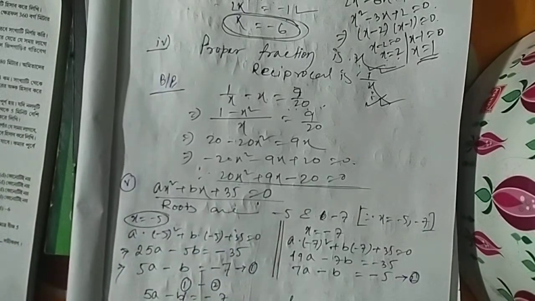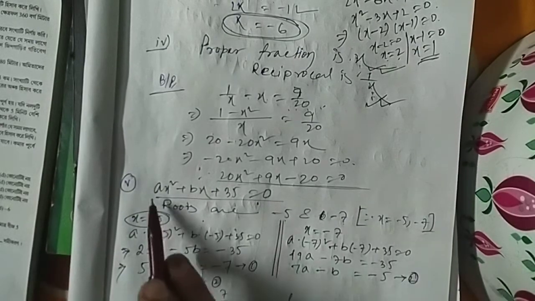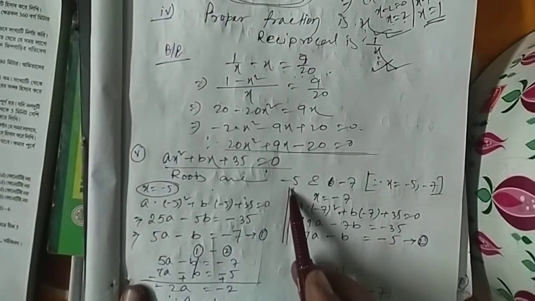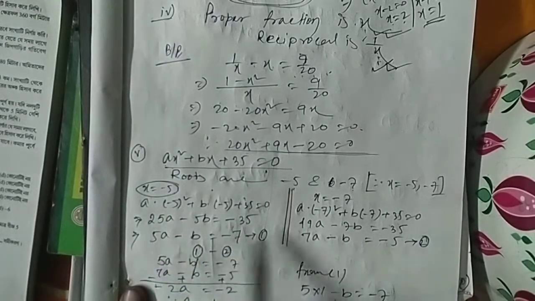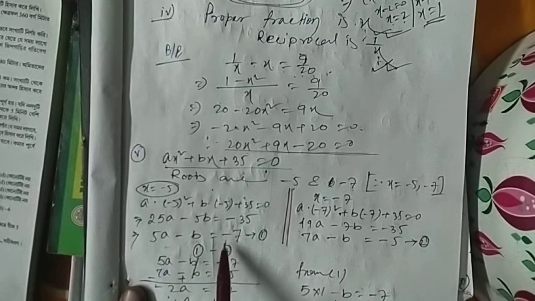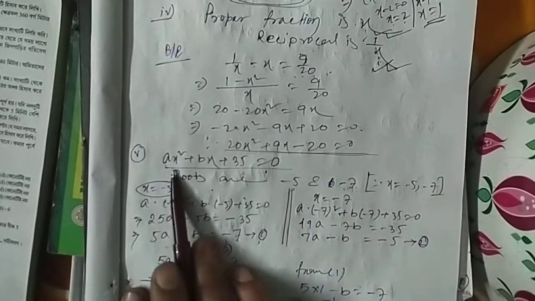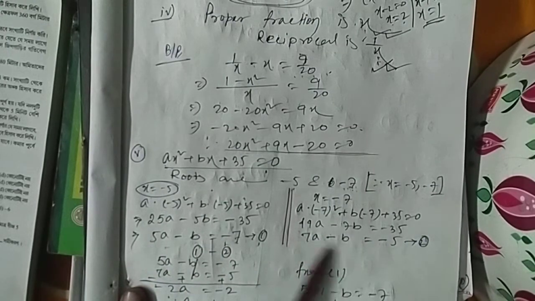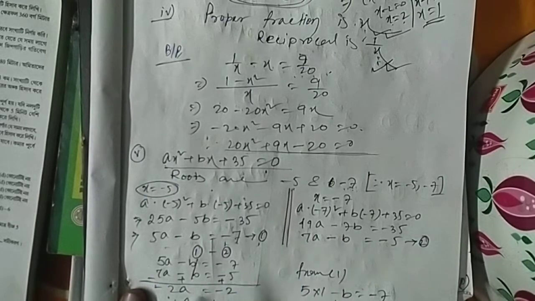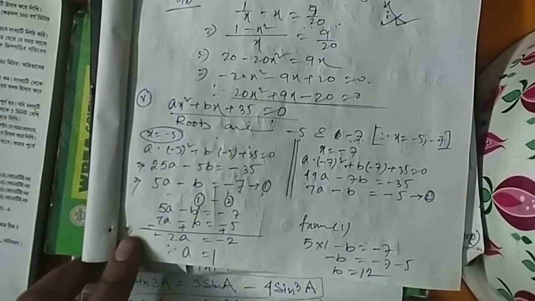Question number 5, see that this equation is given and here given that two roots are -5 and -7, so find the value of a and b. Okay, so when one root is -5, then x equal to -5, and putting the value of -5 in this equation and calculate it, then this is the relation of a and b. This is equation number 1, and putting the value of the second root, that is x equal to -7, in this equation, then we get 7a minus b equal to 5. So this is the second equation. Then solve these equations by elimination method. We get the value of a and b. A is 1 and b is 12. Okay, thank you.